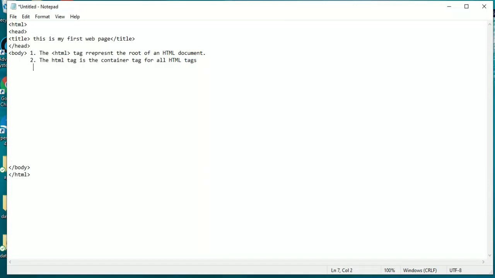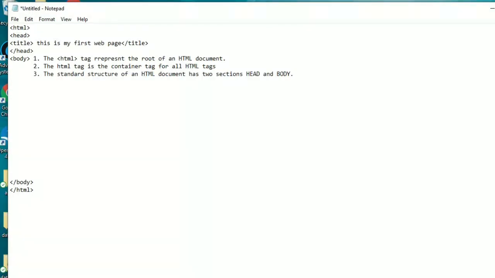Let's write another line, the third line: the standard structure of an HTML document has two sections, head and body. So after writing 3 lines, we just watch the preview of our web page.